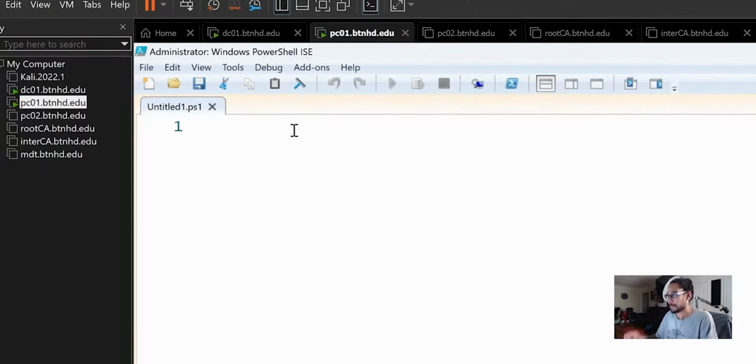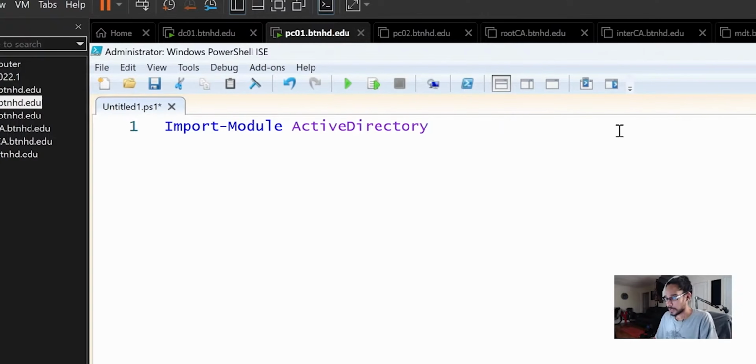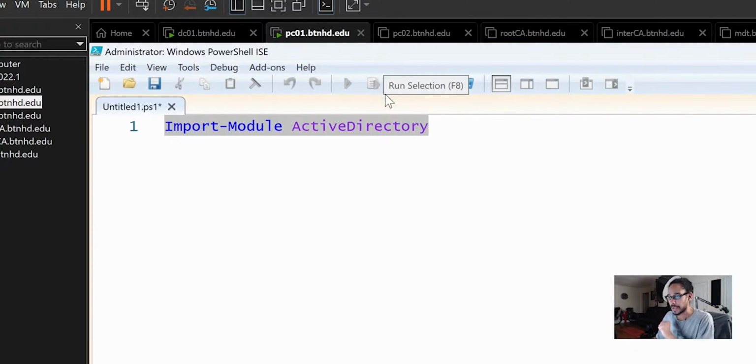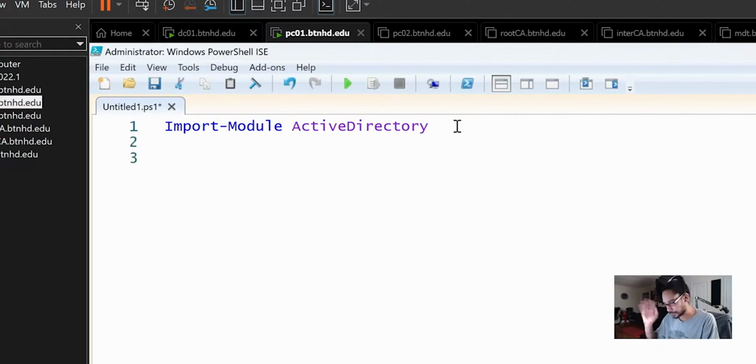So the first command that we're going to run is we need to do an Import-Module. I'm going to hit tab to autocomplete it. And we're going to import the Active Directory module. Hopefully I can spell it right. ActiveDirectory. So I'm actually going to, you can press F8 or just run this right here, wherever the cursor is at, it's going to run it. So I'm going to run that. It's going to import the Active Directory module. So let it do its thing. Once it's done, we are able to continue. So I'm going to hit enter.